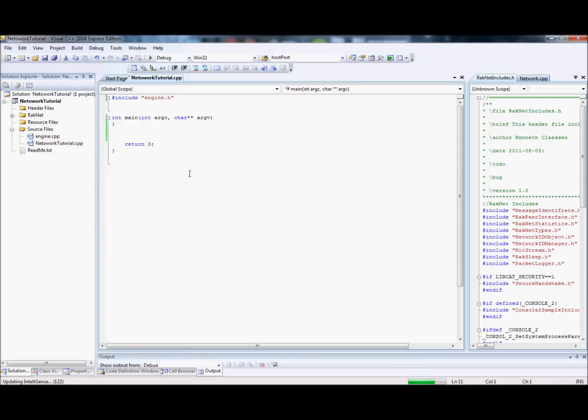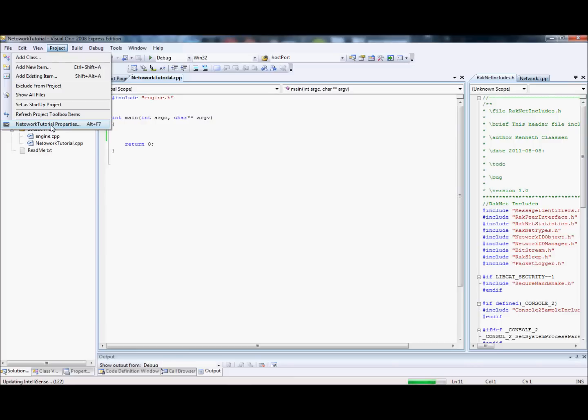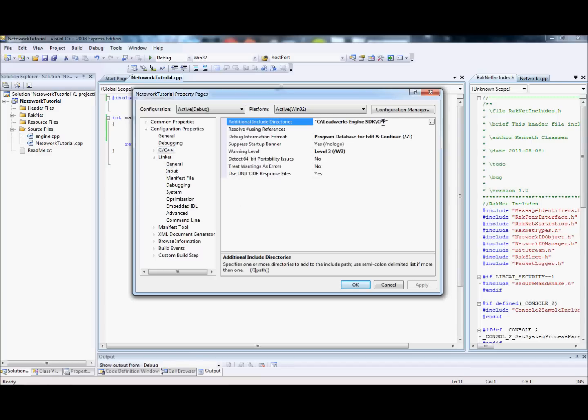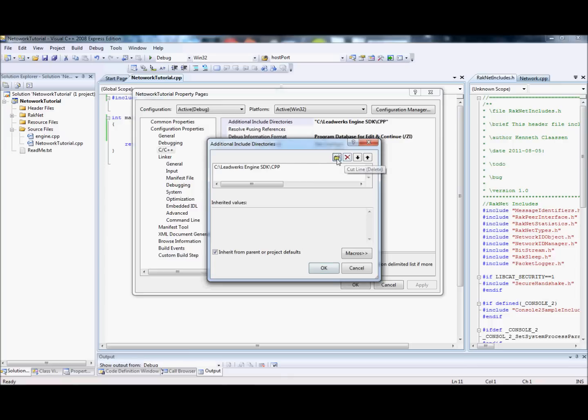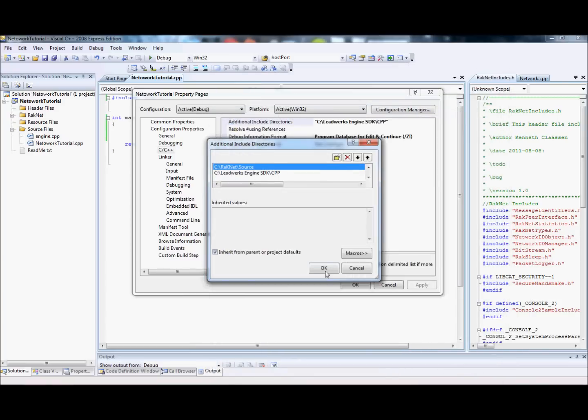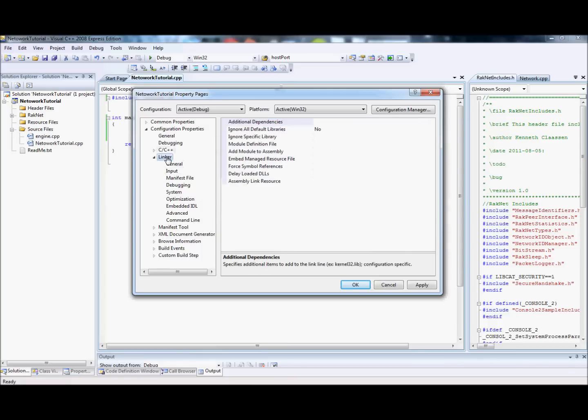Alright, now there's a couple more things you have to do. If you go into our project properties, you can see I've already set it up for the standard Leadwerks setup, and we go into C++. We need to add another include dependency, and get a new one. Navigate to your RakNet folder, go into the source folder, and that's it. That's that one done. Okay, and now we need to go to linker, input, and under additional dependencies we want to put